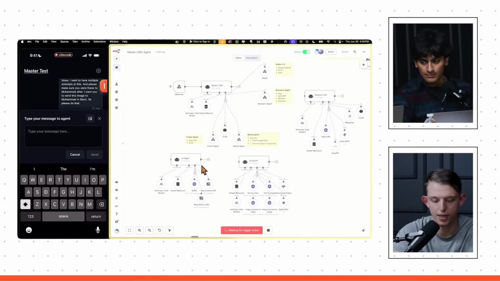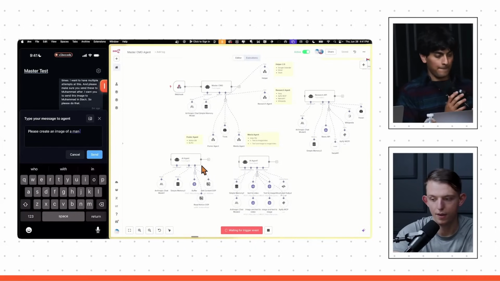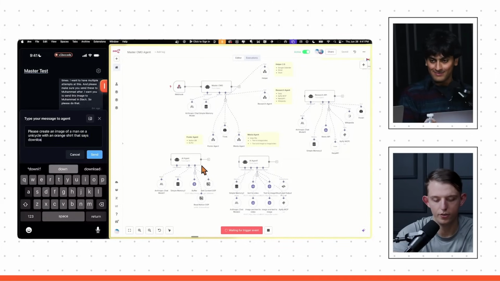So I'm going to say, please create an image of a man on a unicycle with an orange shirt that says download vibe code.